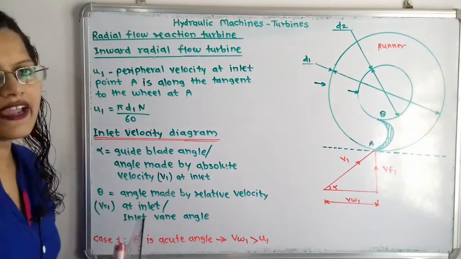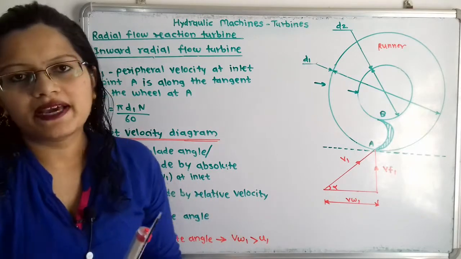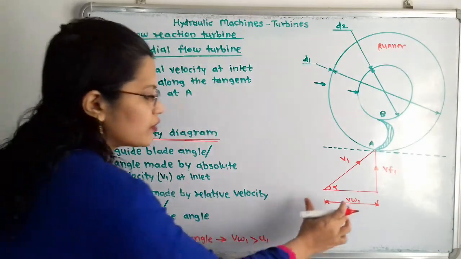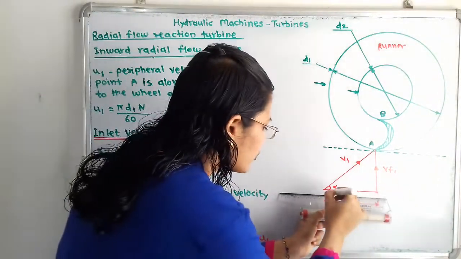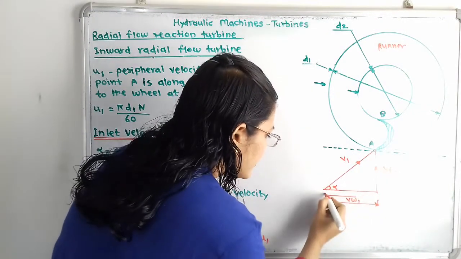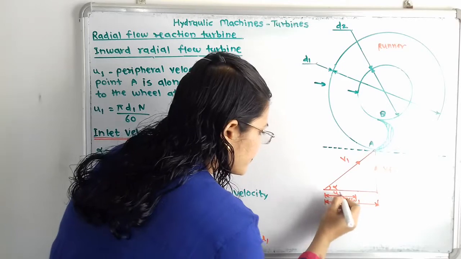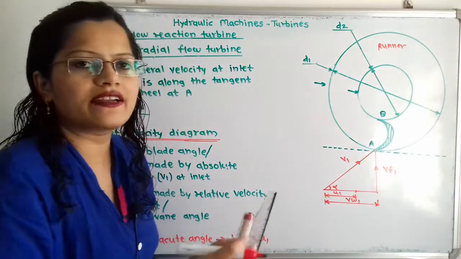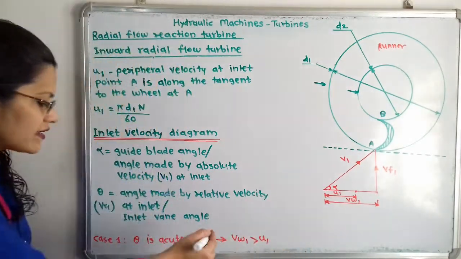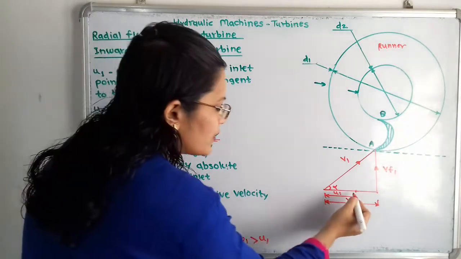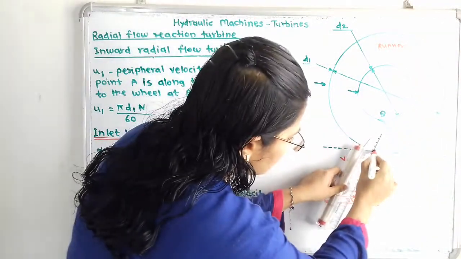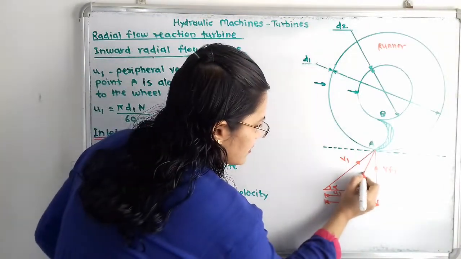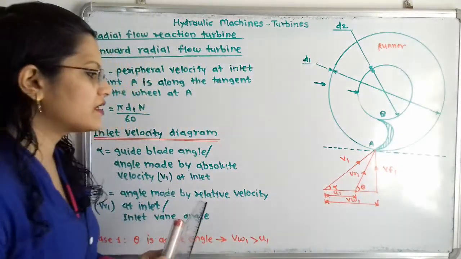Now theta is the acute angle, that is the angle made by relative velocity. So we have to again draw here u1. So u1 is less than vw1. So I will show here at some point there is u1. And here is the point. So now if I join this point to the inlet tip, that will be the velocity, and we have to take care that theta is the acute angle. So we have to draw here one theta line. This is the angle theta, that is the acute angle, and here is VR1, that is the relative velocity at